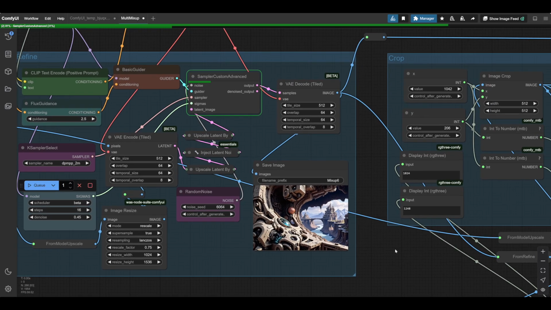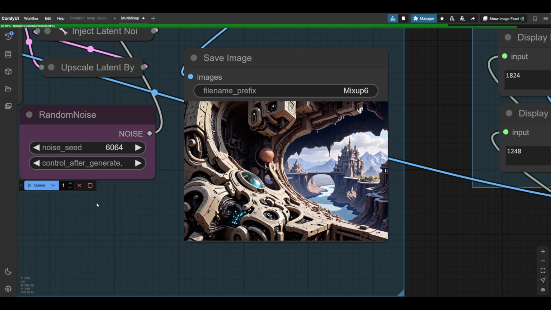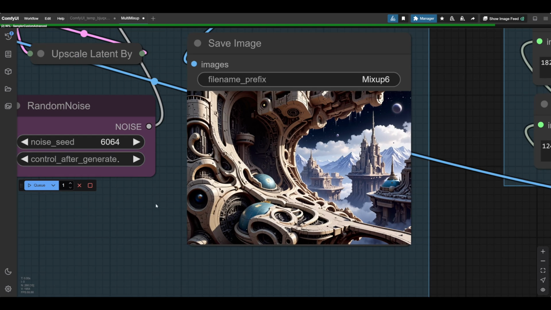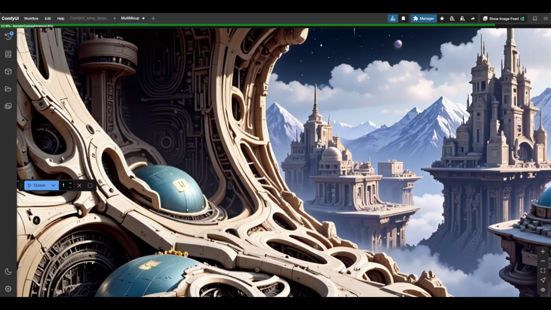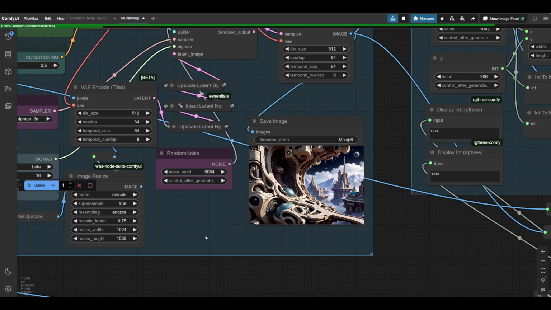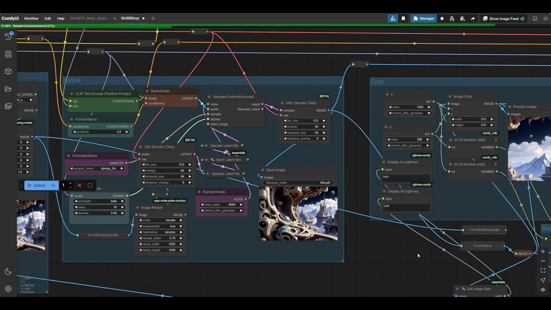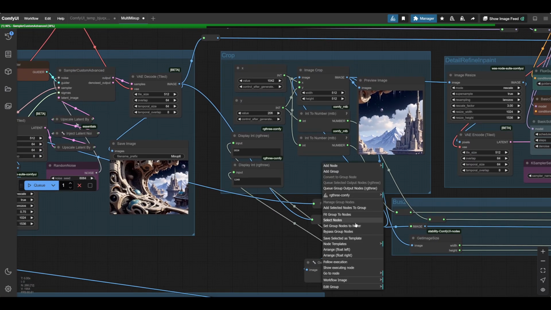I'll stop it at this point. So this is the refine. So you can produce infinite variations. I made this workflow for making variations to train Loras, and I've since found it extremely useful. There we go. So we'll leave that alone and get into the tricky world of Loras and how to mix